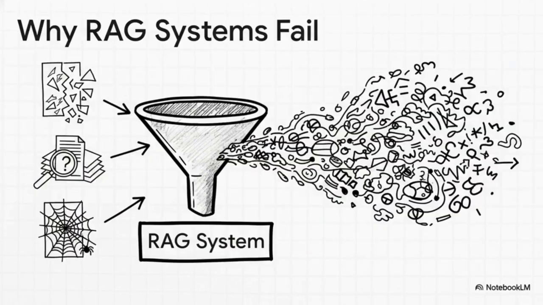So why do demos fail? And this explains something important. Why do so many RAG systems look incredible in demos but fall apart in real usage? Because if the chunking is bad, you feed nonsense. If retrieval pulls junk, you feed junk. If the documents are outdated or wrong, you feed garbage. And we all know how the story ends. Garbage in, garbage out.